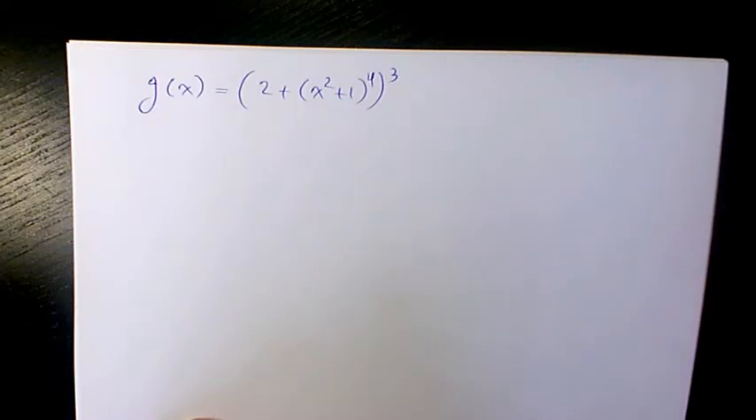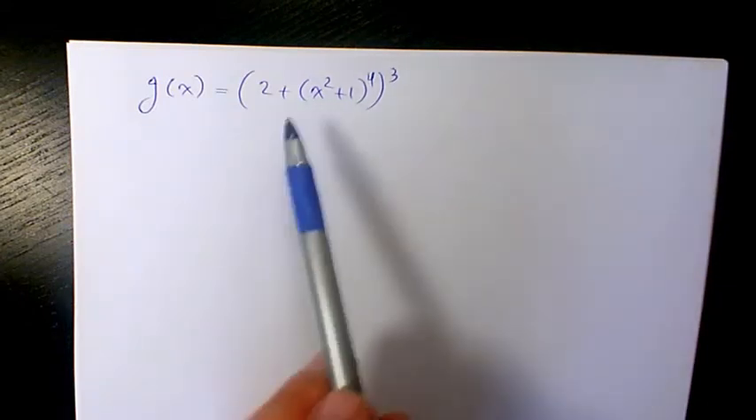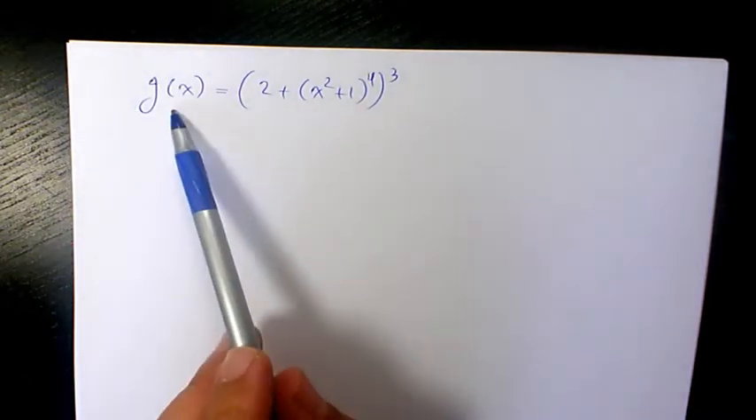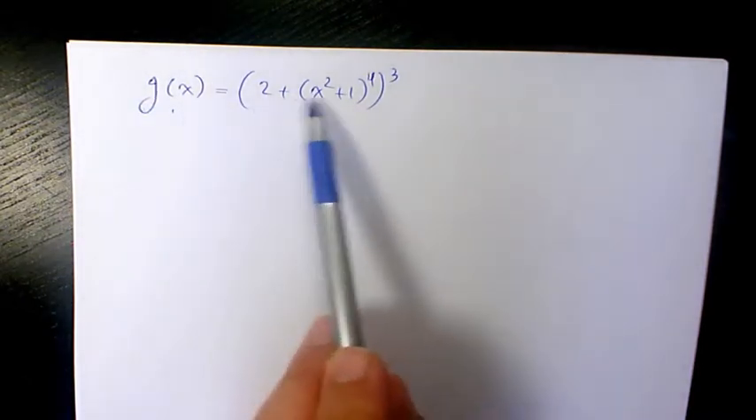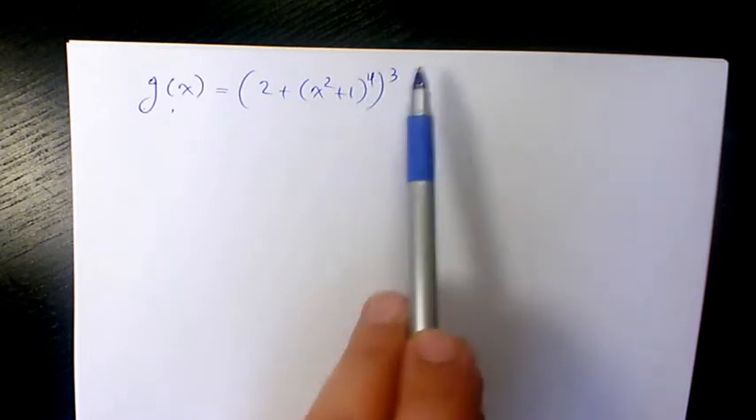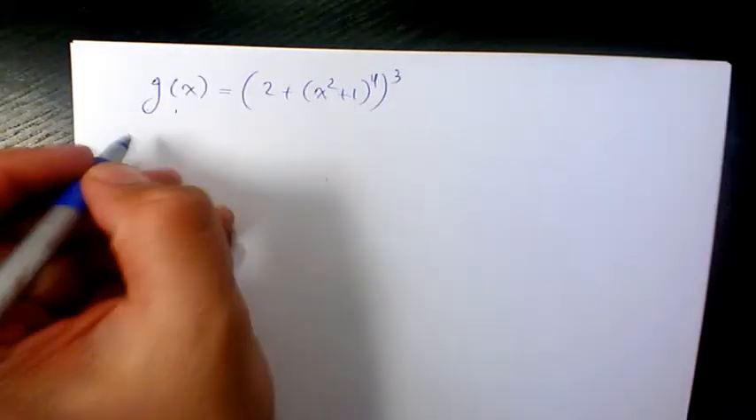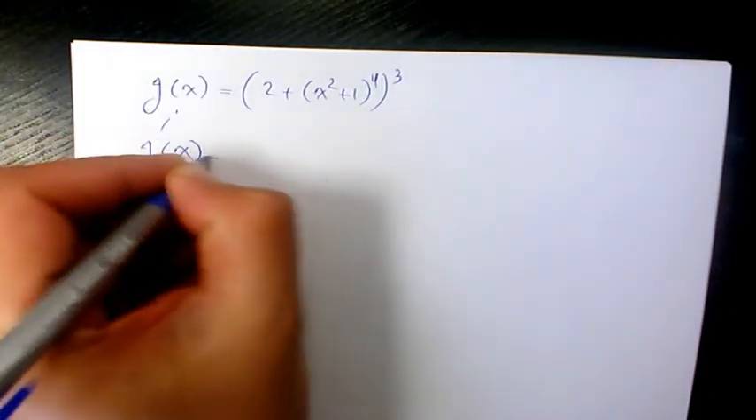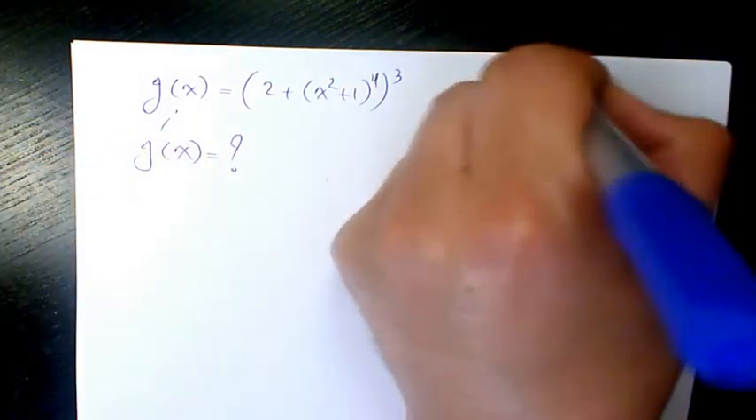Welcome to another video. In this video I want to show you how to find the derivative of g of x. g of x is (2 + (x² + 1)⁴)³. We need to find g prime of x. I need to use the chain rule